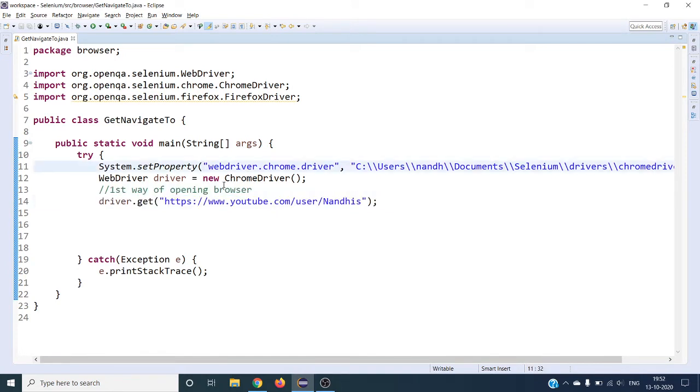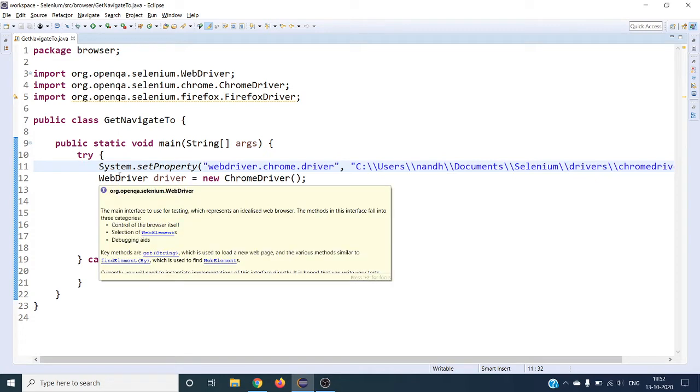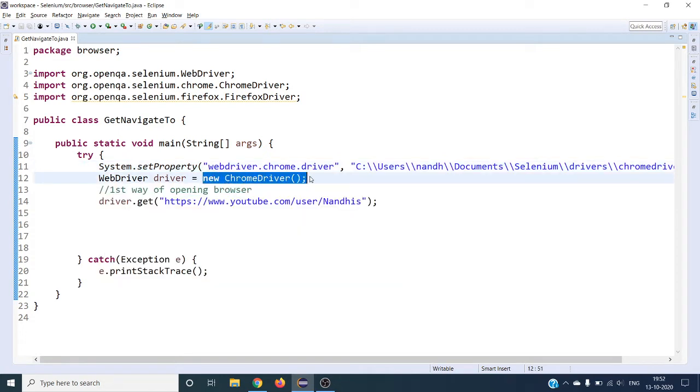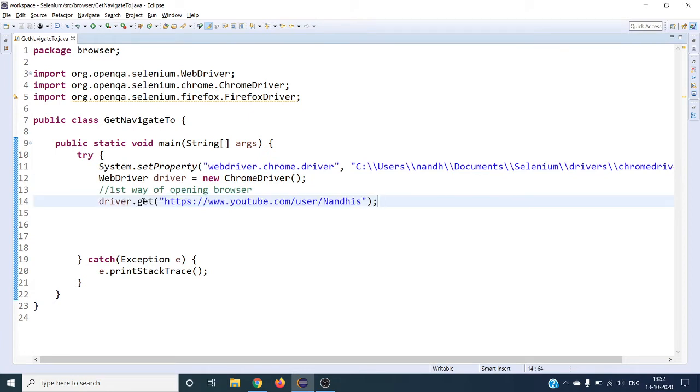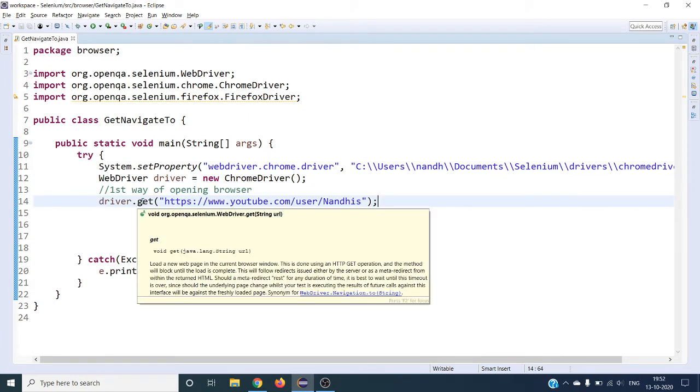So this is the steps you have to do. Basically it is three steps. First you open your browser, then you assign this browser instance to your WebDriver, or you can directly give Chrome driver also, no issues in that. This is the second step. The third step is to open your URL using one of the methods that Selenium provides.